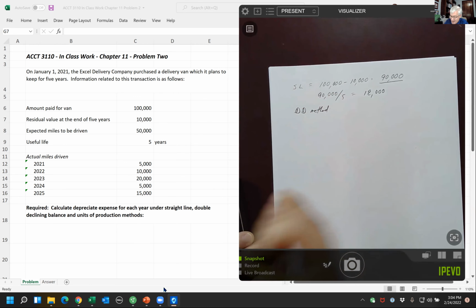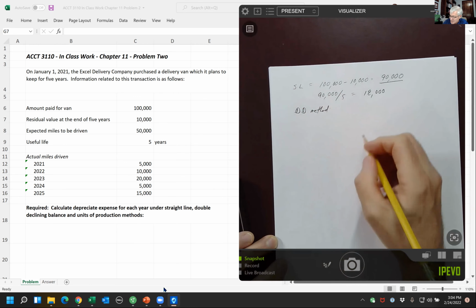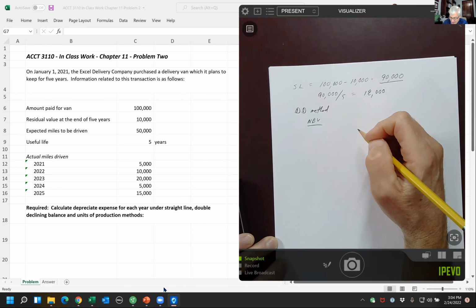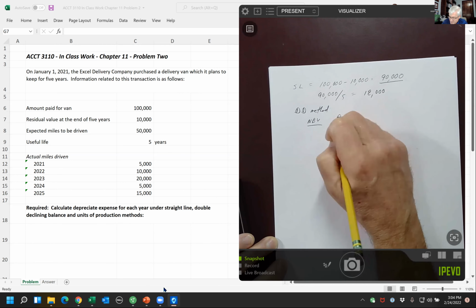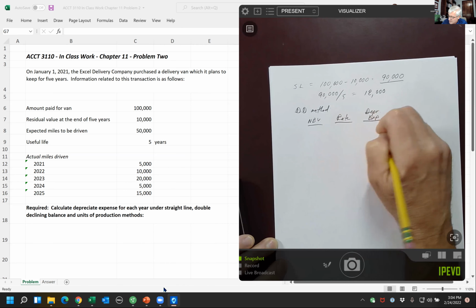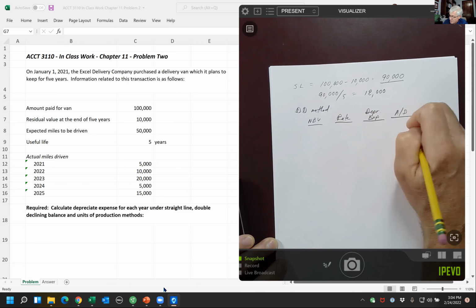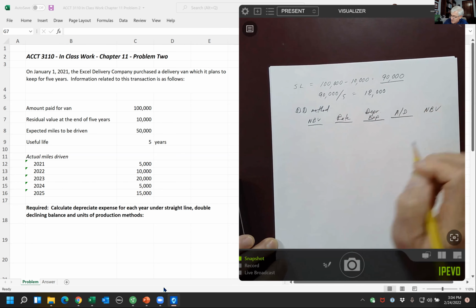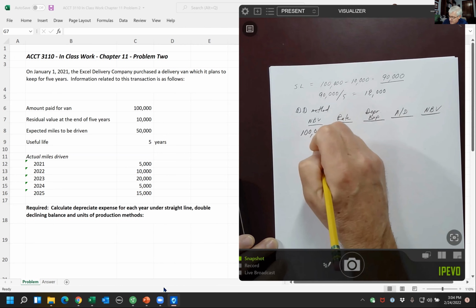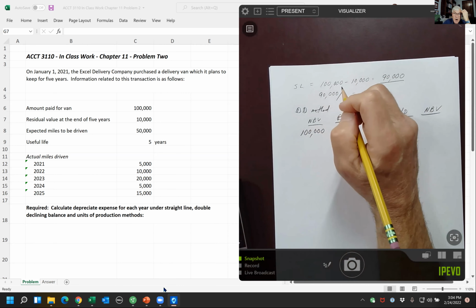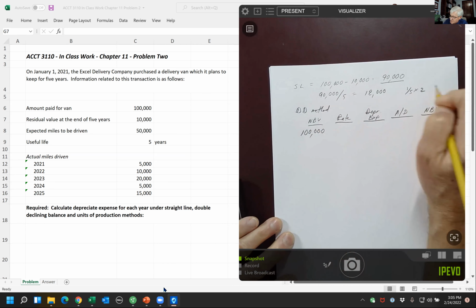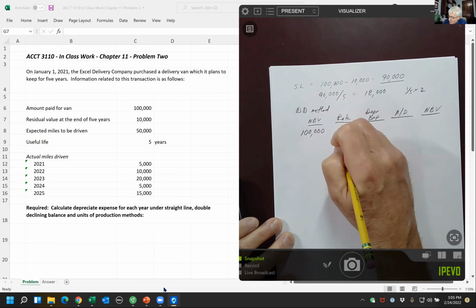We're going to have to do, it's hard to get away from using columns for this. So net book value, beginning of the year, rate, depreciation expense, accumulated depreciation, and I'll start abbreviating now, and then net book value. So starting net book value is 100,000. Again, ignoring residual value because that's not part of the net book value. The rate is 1 divided by 5 times 2, or 2/5,